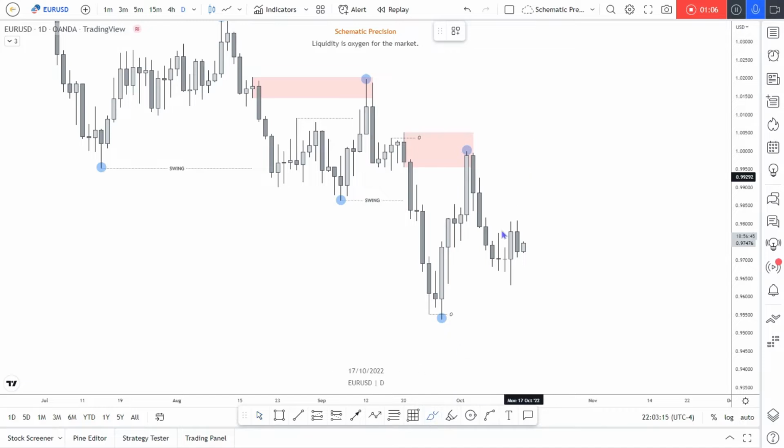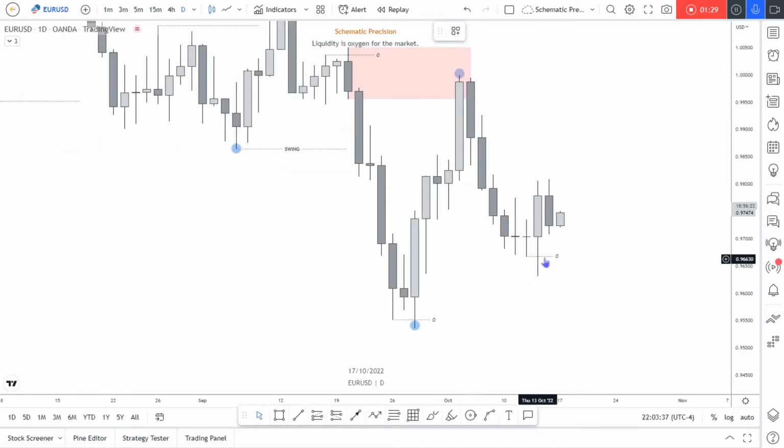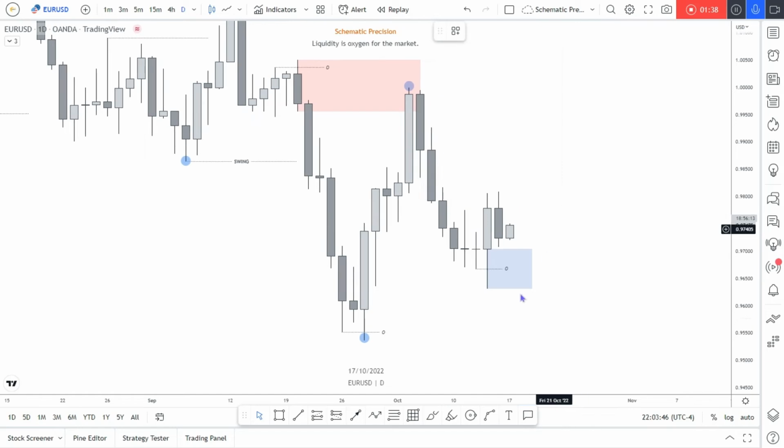Last week we talked about how the market can take out this previous daily high liquidity before moving down. But what happened in the previous week is the market ranged here. So the next possibility is, and what happened last week is, price took this liquidity here, if I zoom in, from the previous daily lows. And what this does is this can create this wick as our daily demand,